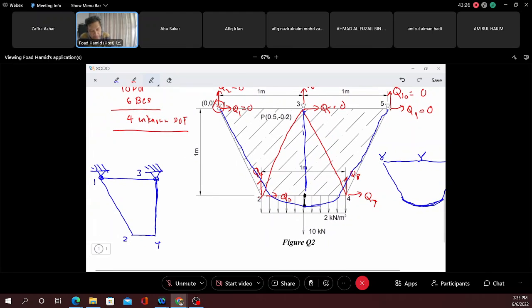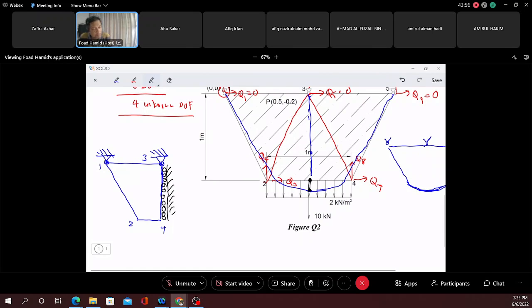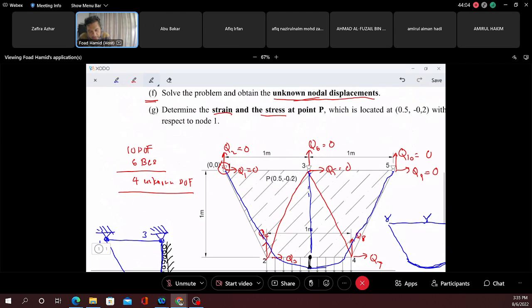So because of that, we can model this as a roller support, because this edge is moving along the vertical symmetrical axis. All right, so now we have a new boundary condition for our model here. Before that, let's look at the second question. It asks for